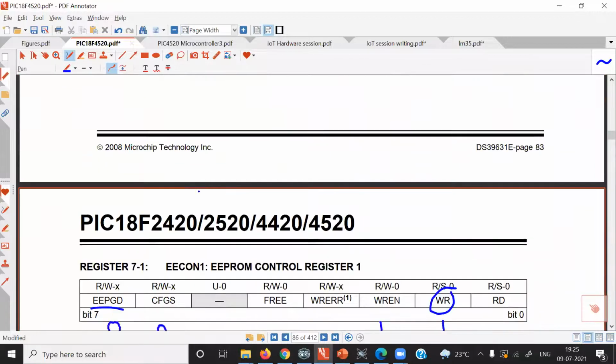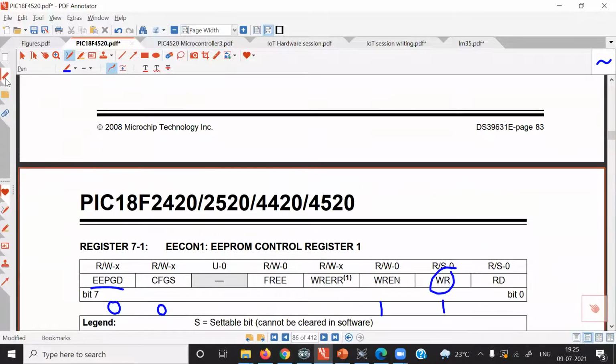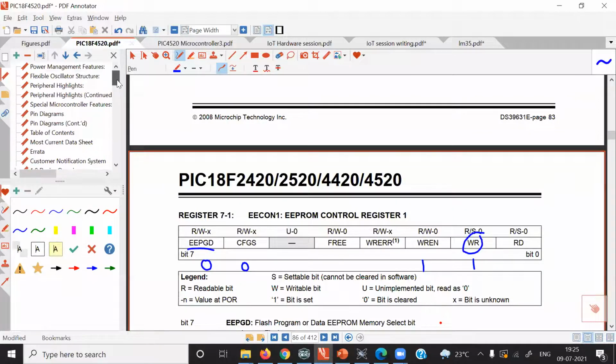INT0 interrupt has always high priority and for the rest of the interrupts you can assign the priority. Only INT0 interrupt has high priority always. For other interrupt sources, you can change the priority. Because for INT0 interrupt, for changing the priority, there is no bit available in any SFR. It means that it has only high priority. And for other interrupt sources, we can assign higher or lower priority.